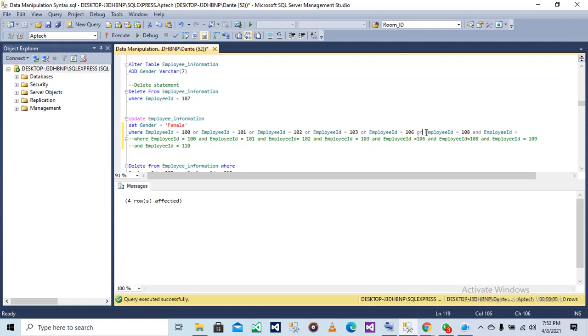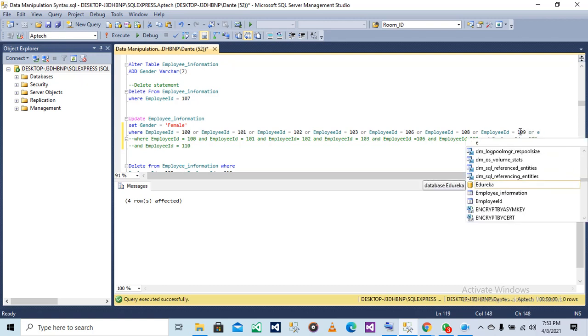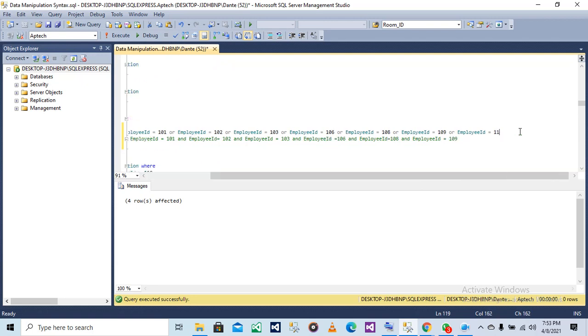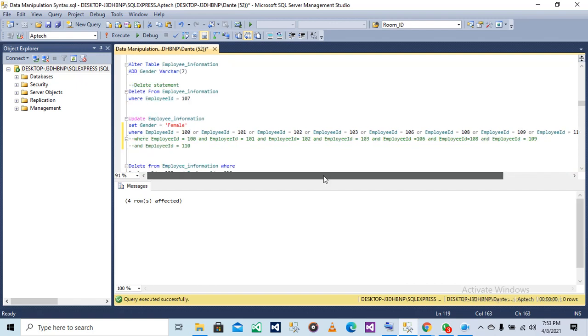You're not supposed to use and, you're supposed to use or. So this is wrong.